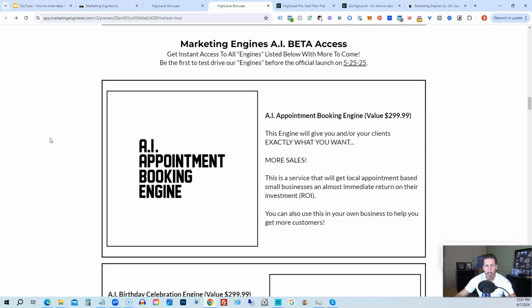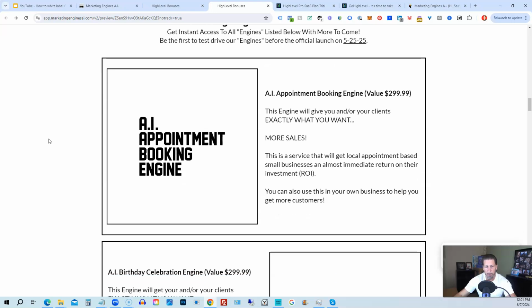From there, you're also going to get access to my Marketing Engines A.I, various proprietary engines that I am building out in my Marketing Engines A.I SaaS. You can get beta access to these. So the only ones that are going to be getting access to these before Marketing Engines A.I actually officially launches on 5/25/25 are those who sign up through my affiliate link or Marketing Engines A.I at this point as beta access users. So you're going to get access to the AI appointment booking engine,